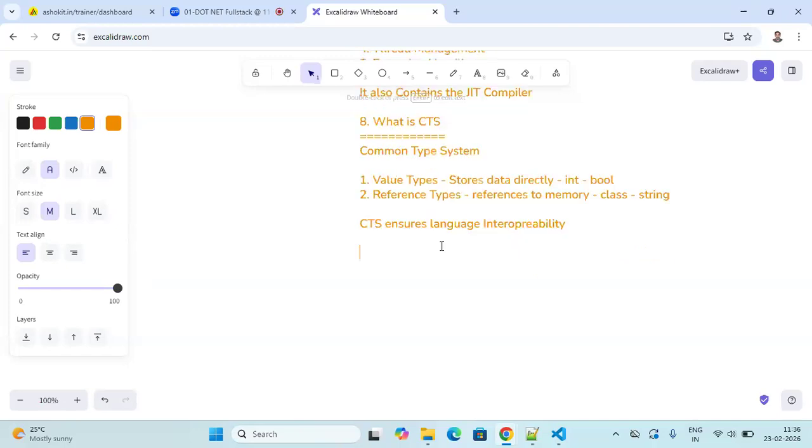The next one is what is BCL? BCL stands for Base Class Library. It provides reusable classes and methods for common programming tasks. For example, if you want to work with collections,